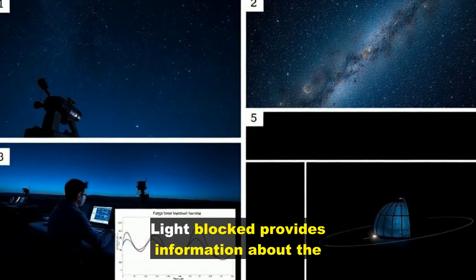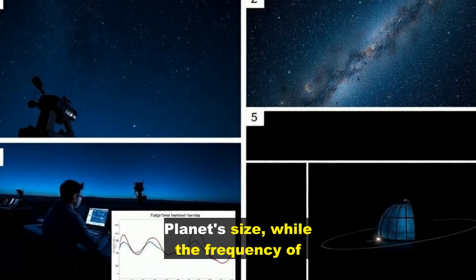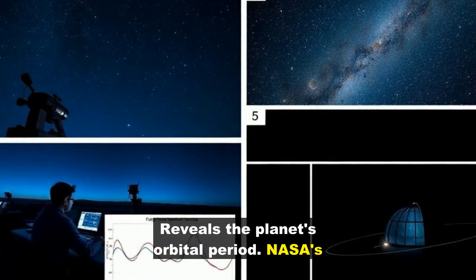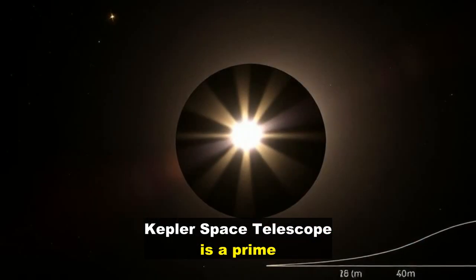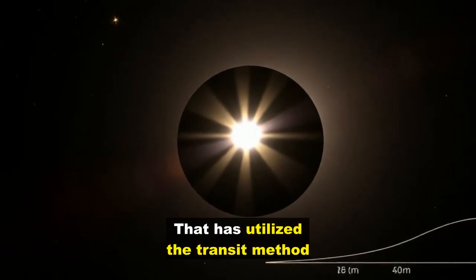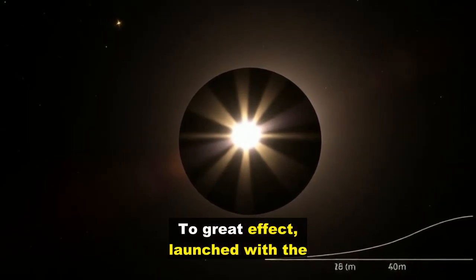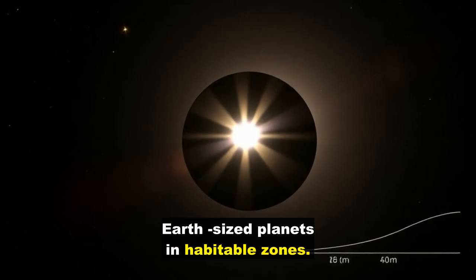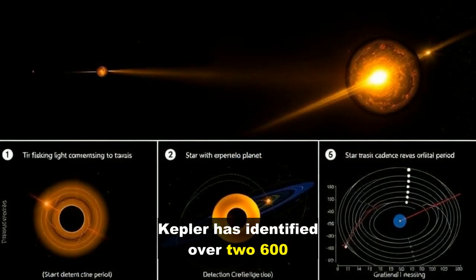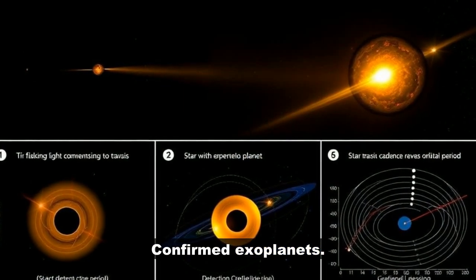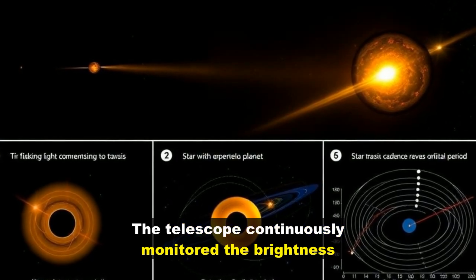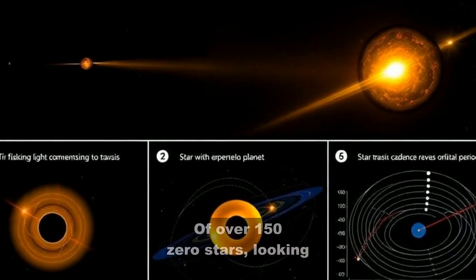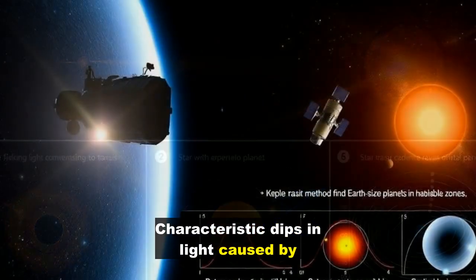The amount of light blocked provides information about the planet's size, while the frequency of the transits reveals the planet's orbital period. NASA's Kepler Space Telescope is a prime example of a mission that has utilized the transit method to great effect. Launched with the specific goal of finding Earth-sized planets in habitable zones, Kepler has identified over 600 confirmed exoplanets. The telescope continuously monitored the brightness of over 150 stars, looking for the characteristic dips in light caused by